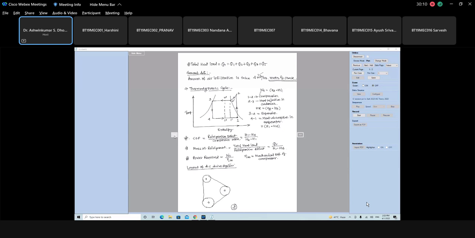So just this is compressor pulley, this is water pump pulley, this is